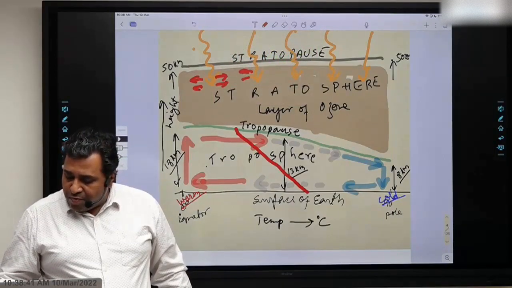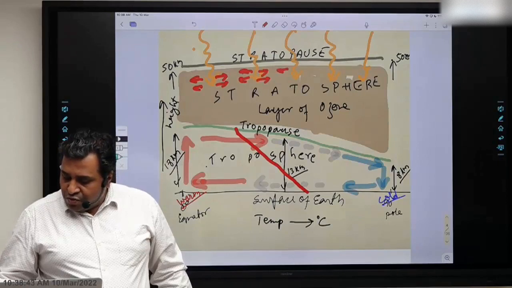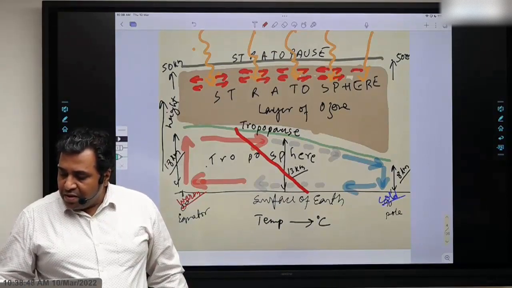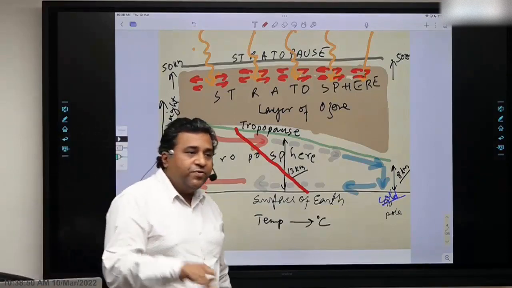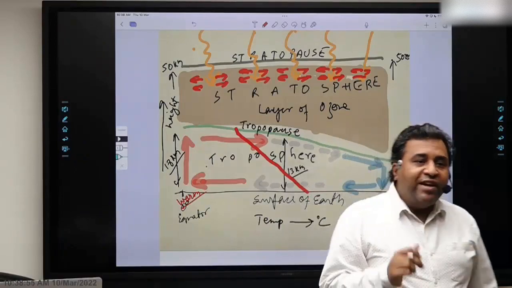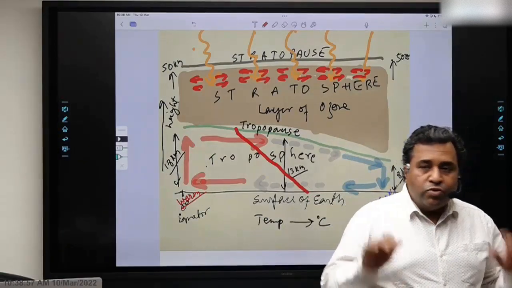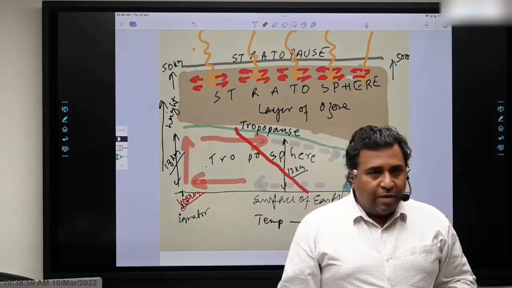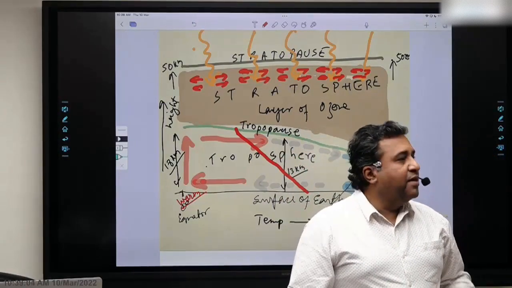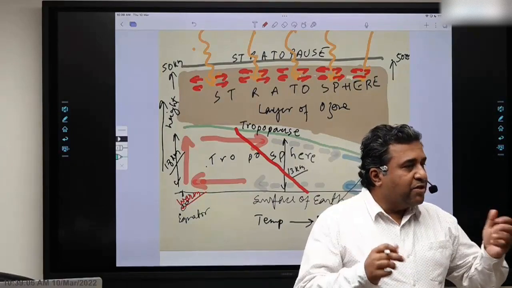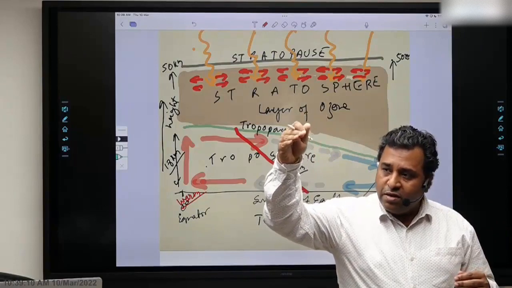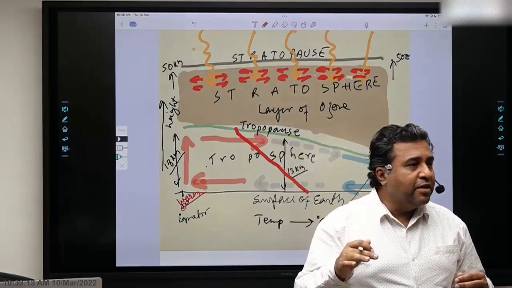It will become warmer or colder? So which region of the stratosphere will be warmer? Upper region. And which region of the stratosphere will be colder? Why? Because gradually less and less UV radiation will reach the lower region because most of it is absorbed in the upper region. है ना? जैसा अर्थ के सिस्टम में डस्ट ज्यादातर नीचे था और ऊपर डस्ट was less. Here UV radiation absorption is more on the top and less absorption in the lower.